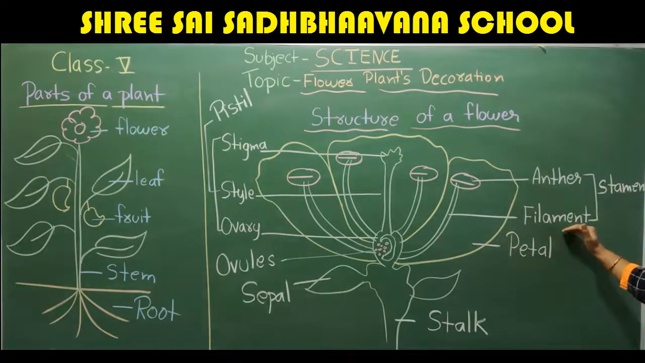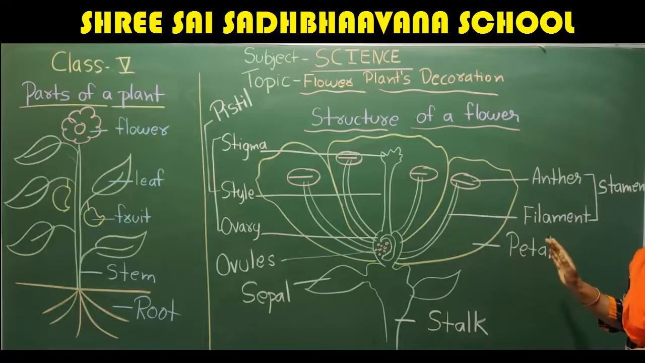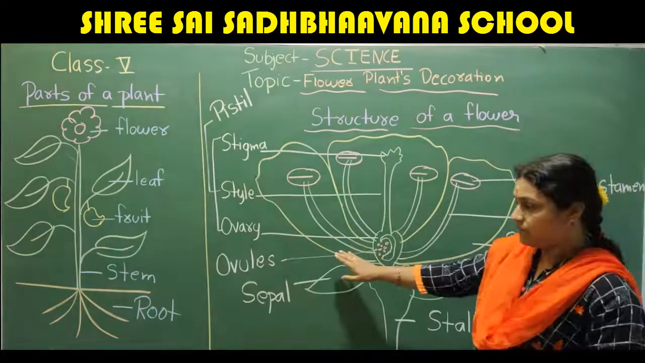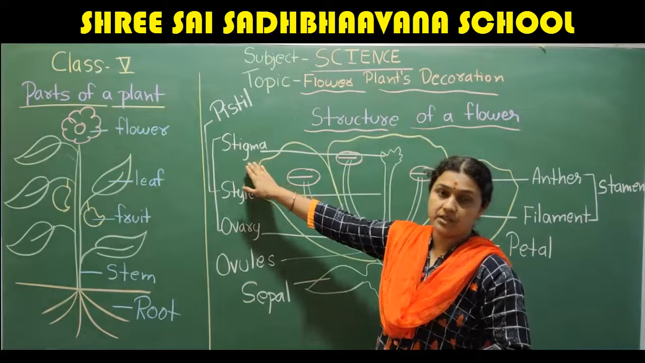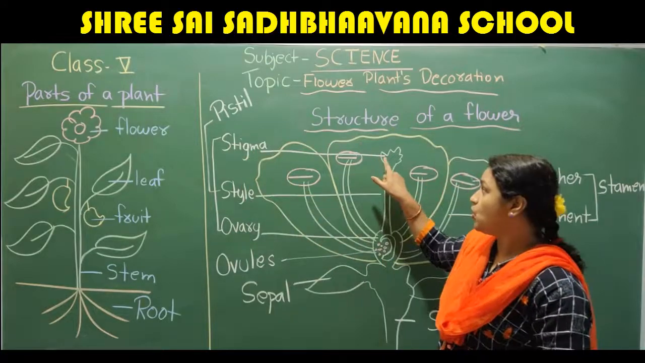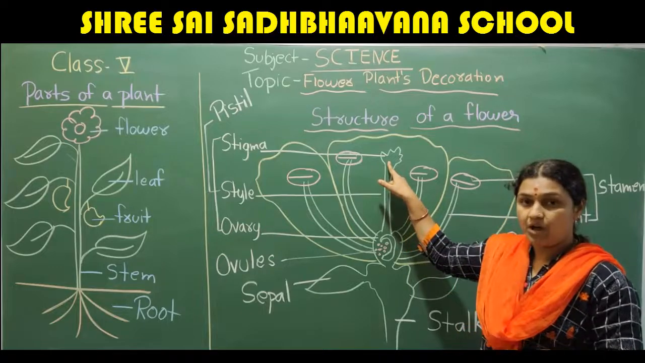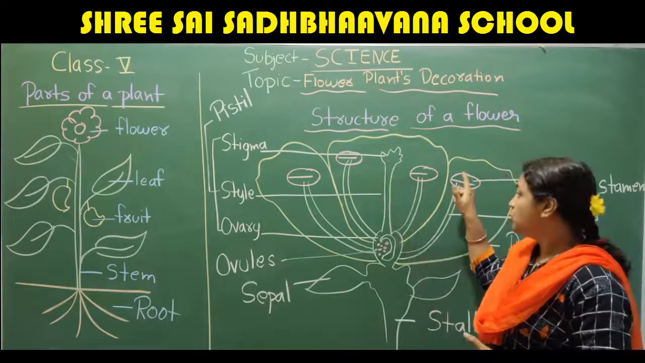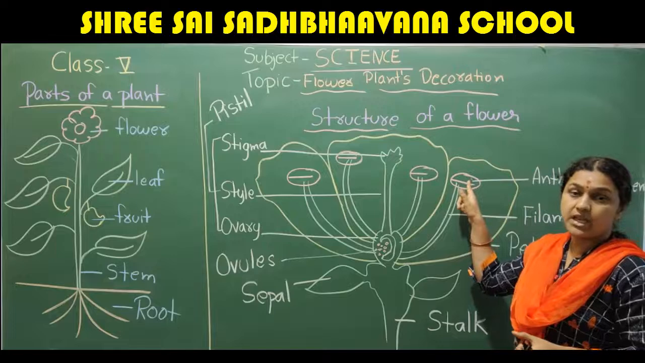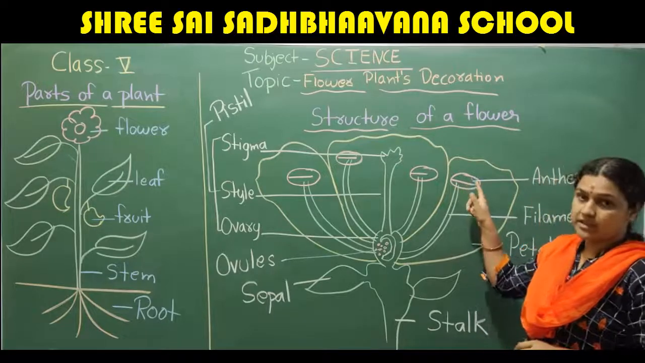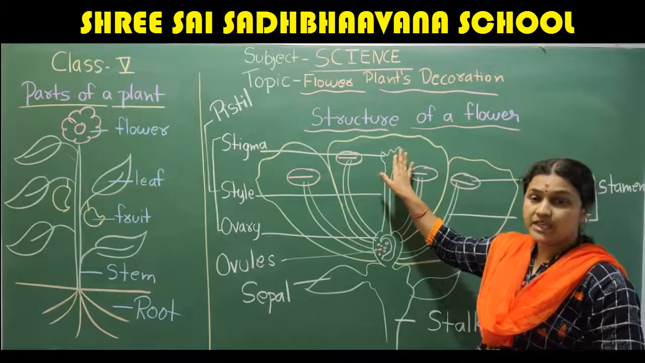The anther and the filament together are called the stamen. The stamen is the male part in a flower. Then we have the stigma. The stigma is at the top of the flower. This is the one that will allow the pollinators to collect the pollen in the anther and put it on